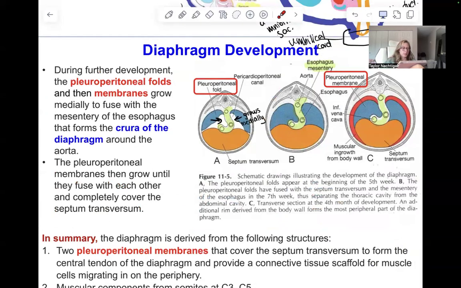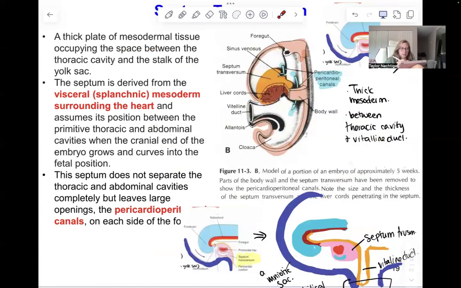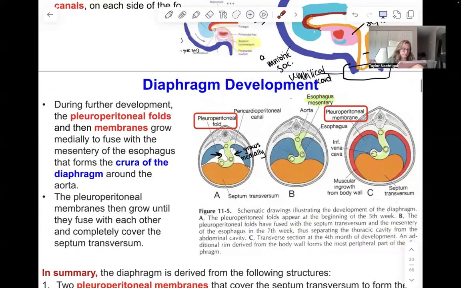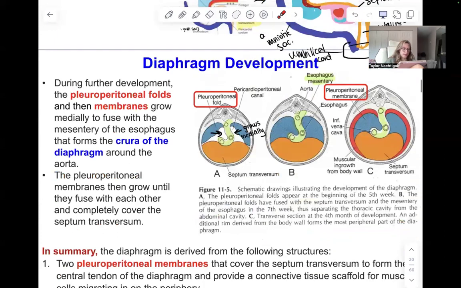During further development, those pleuroperitoneal folds and the membranes grow medially, so they start at the posterior wall of the embryo, and they're growing medially towards the pericardioperitoneal canal. So remember this hole right here is illustrated in this picture by this space right here. As they grow medially, they eventually fuse with the mesentery of the esophagus,